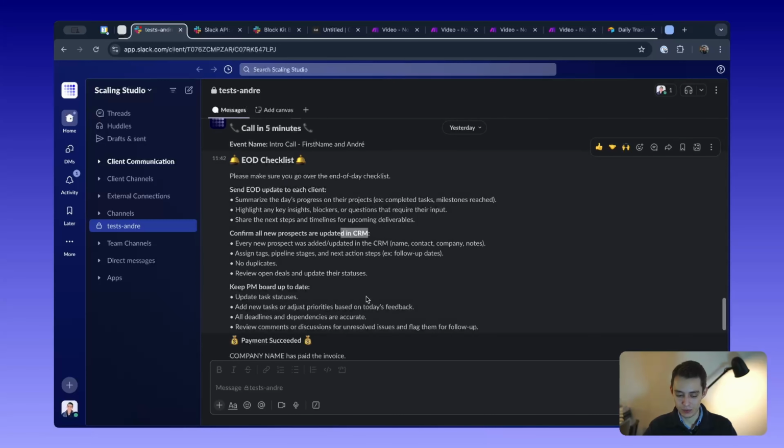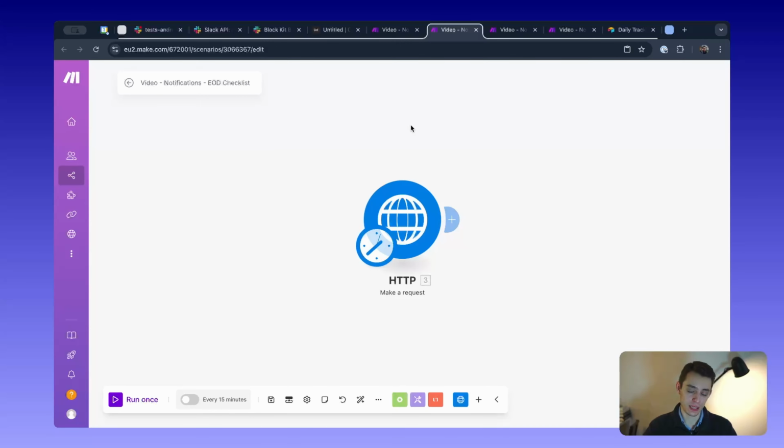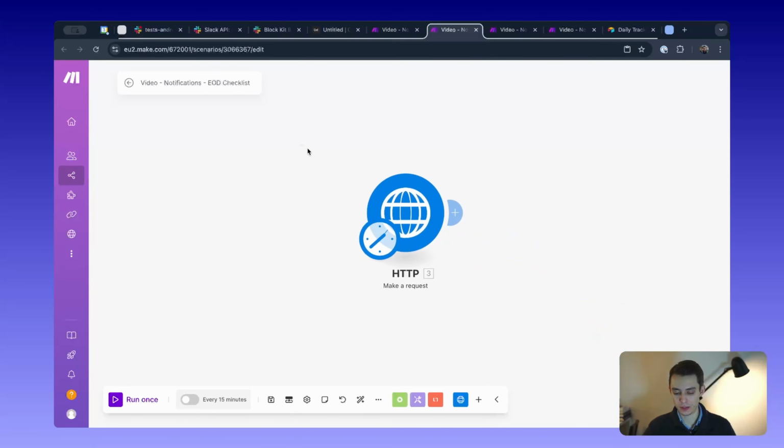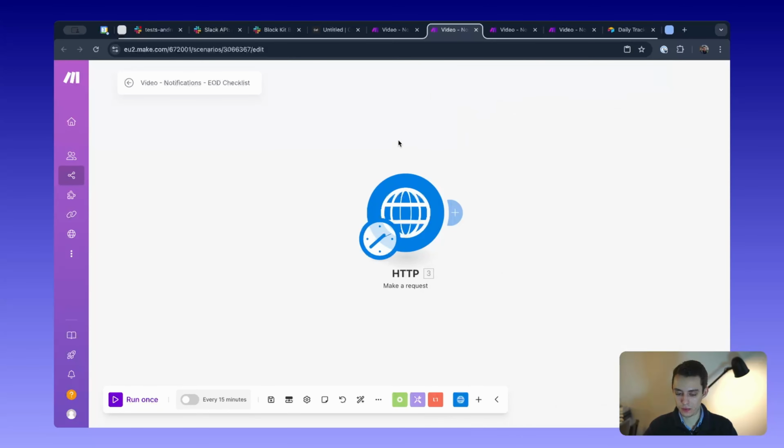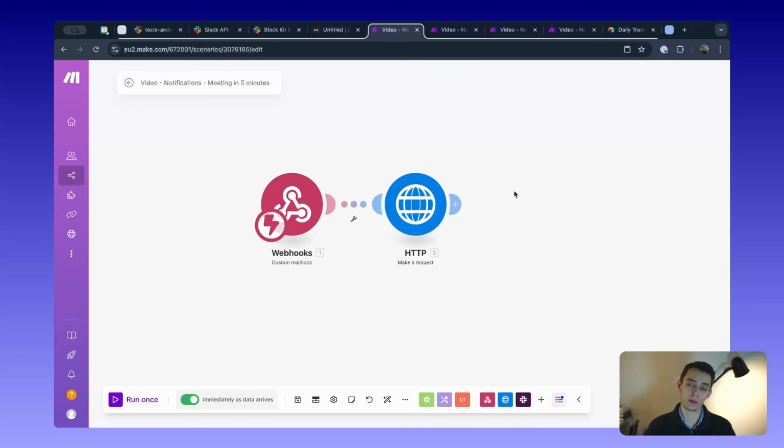And then it just gets into the channel. How to do this? It's exactly the same way as before. We need to create this API call for Slack. And one cool tip that I have for you is, if you already have one created,